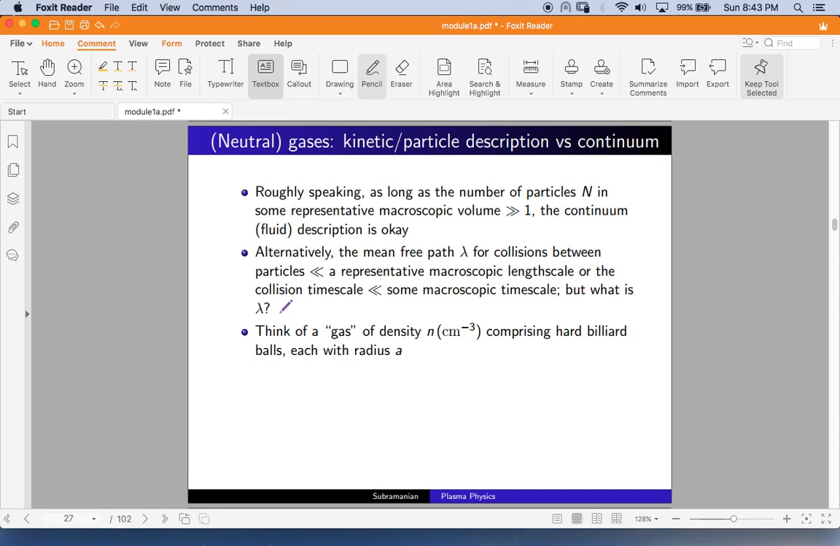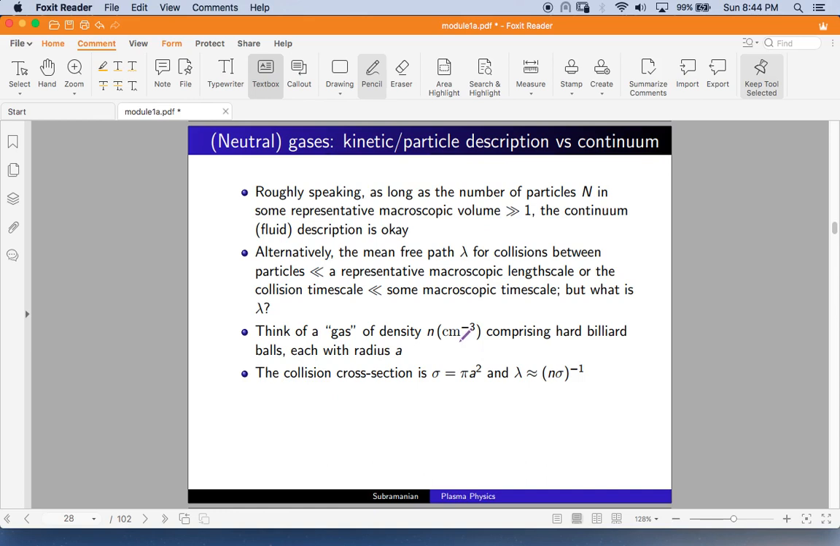Right, so now think of a gas. Now let's move away from thinking about charged particles for a minute, and get back to a gas comprising, say, just hard billiard balls. Okay, hard balls like so, each with radius a. And so the collision cross section is obviously just pi a squared, right? And the mean free path would be, and yeah,